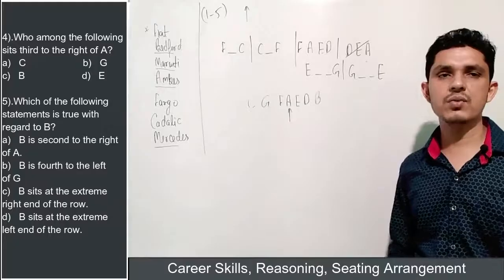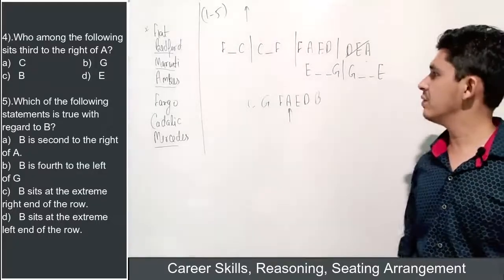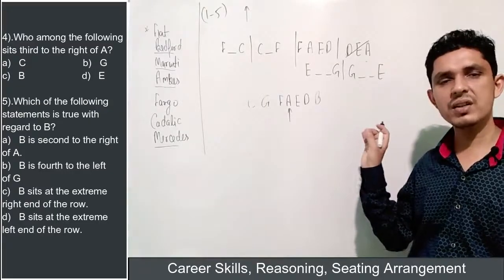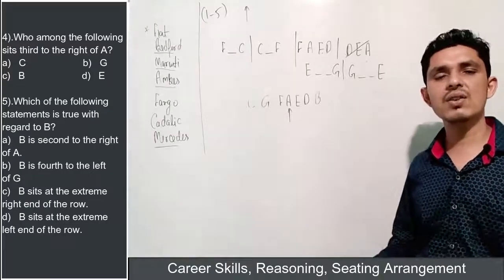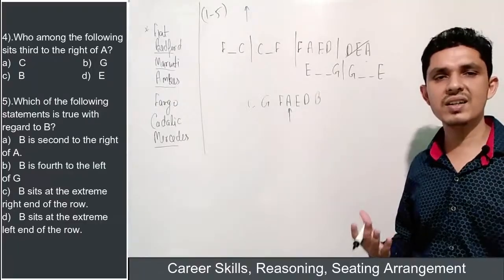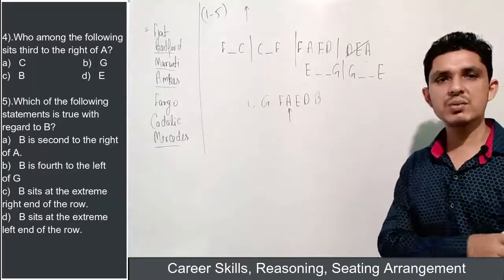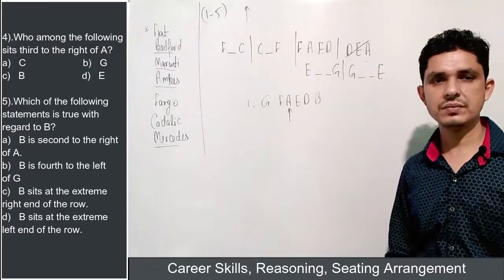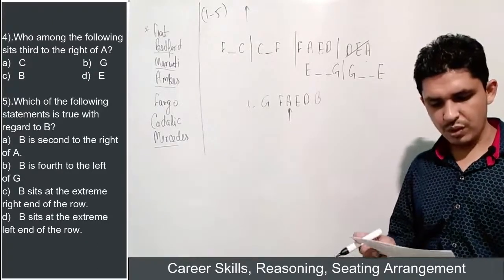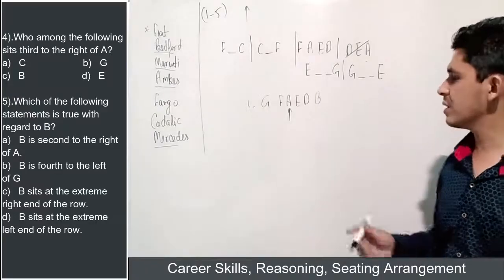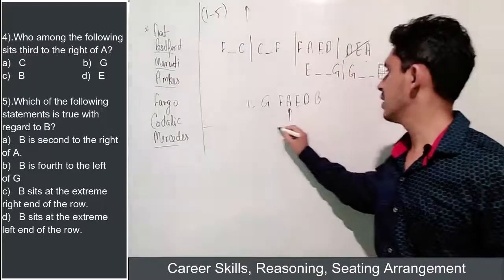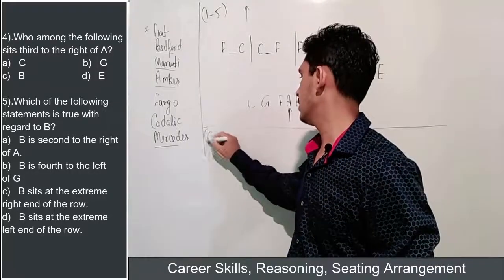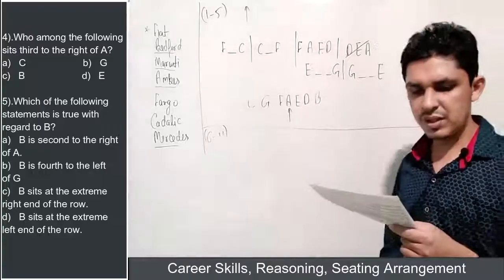So friends, what we have learned from the question is that we have to make the arrangement one by one, a part of the arrangement, then concatenate all the arrangements and make the final arrangement, right? And once the arrangement has been made, we can give the answers of the questions very easily, right? Okay, so coming to the next question, question number 6 to 11, right? So question number 6 to 11, the question is, I can see here.